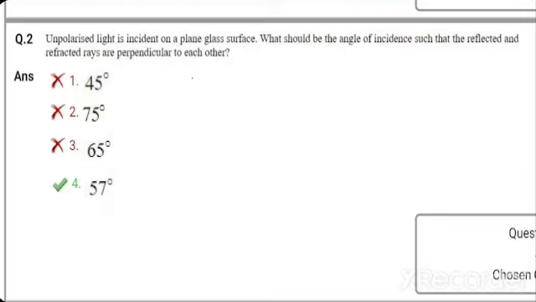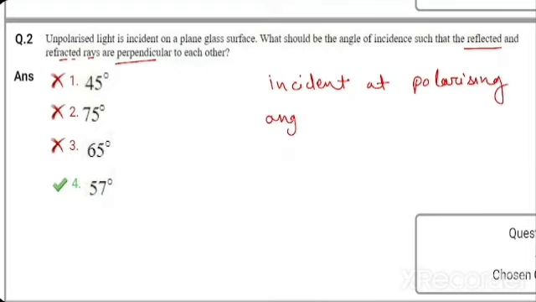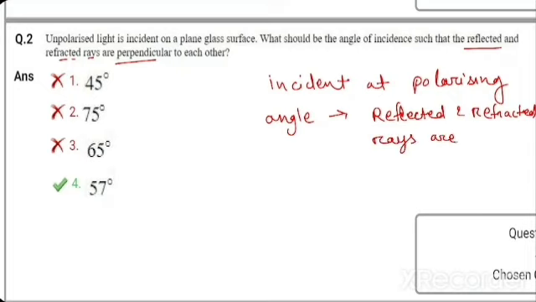When the angle of incidence is at the polarizing angle, that is, when the ray of light is incident at the polarizing angle, then the reflected and refracted rays are perpendicular. Then according to Brewster's law,